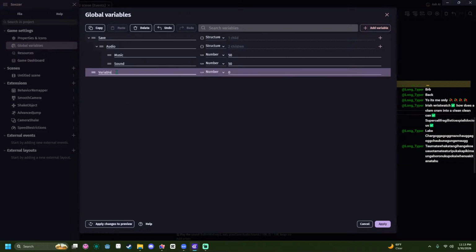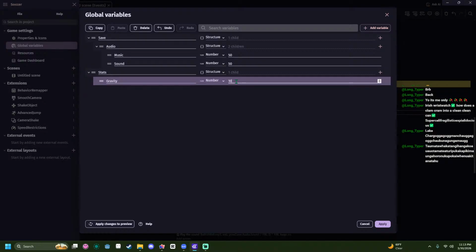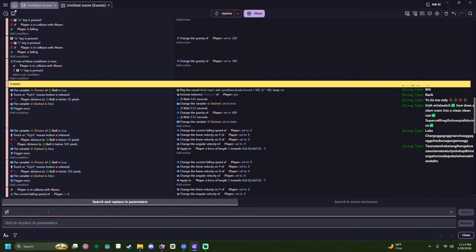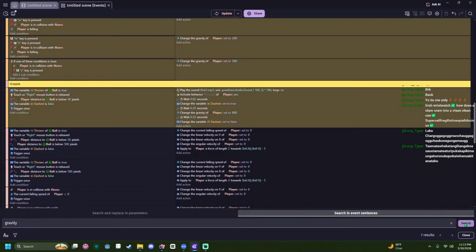Add variable. Stats. Structure. Gravity. I love how whenever we pull up the search bar and look up gravity, it says that there's 0 results, but the word gravity is right here. Please explain. Oh, now they show up. Okay.